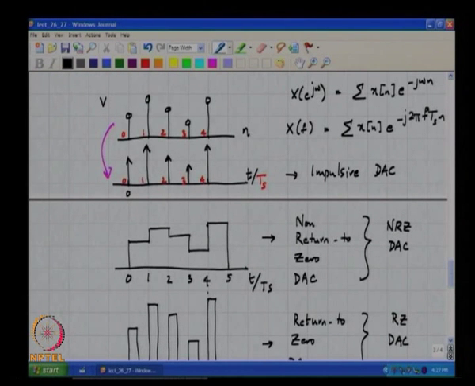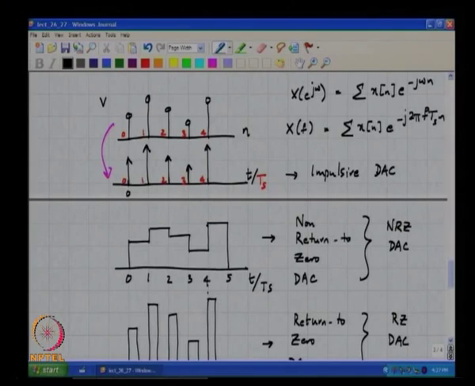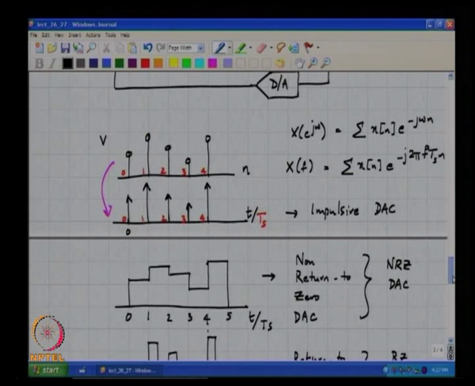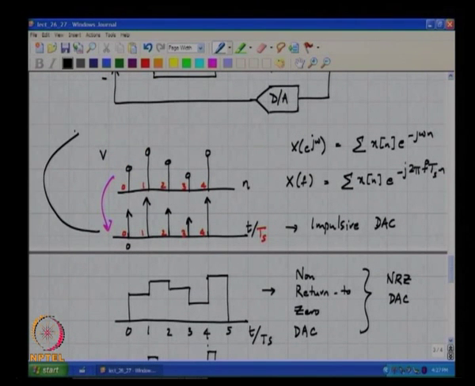discrete time sequence and scaling the frequency axis. Instead of omega, omega equal to 2 pi specifically becomes f equals 1 by T s or f s. Okay. So, the continuous time Fourier transform of this impulsive sequence will have images repeated at multiples of this sampling rate. Is that clear?